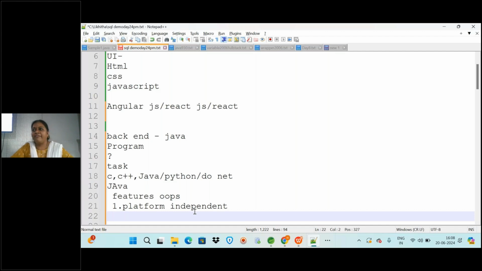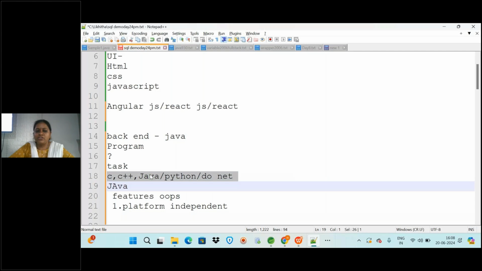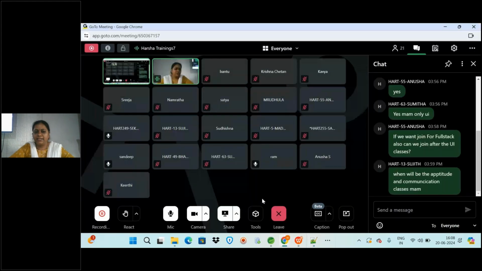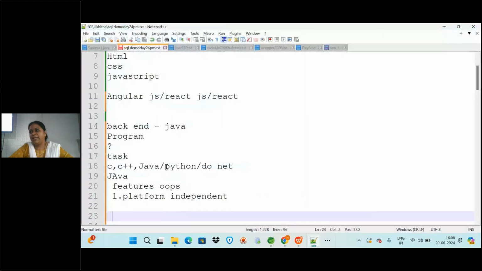But if you come by a vehicle or bus, you can come fast and you will not be tired. Your performance will be better. In the same way, if you choose the Java language, because of all its features, the output of the application will also be very good. So that is the reason we are choosing the Java programming language.